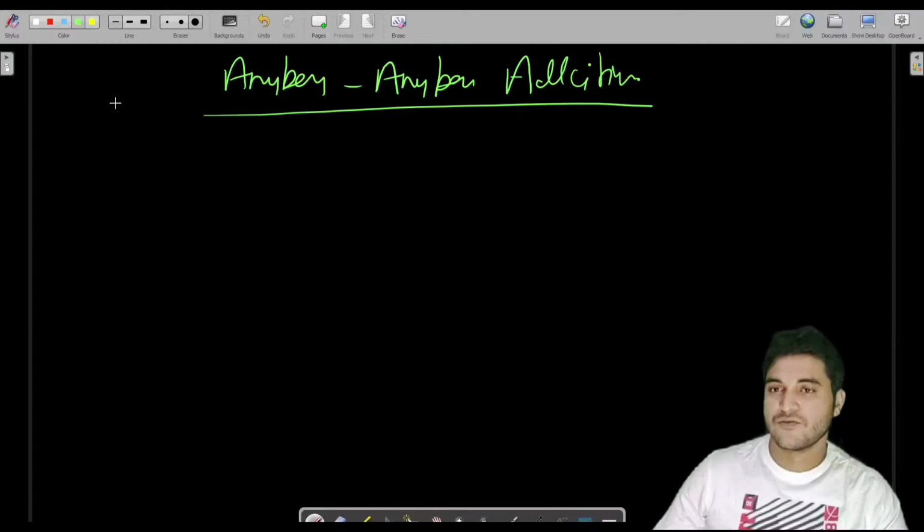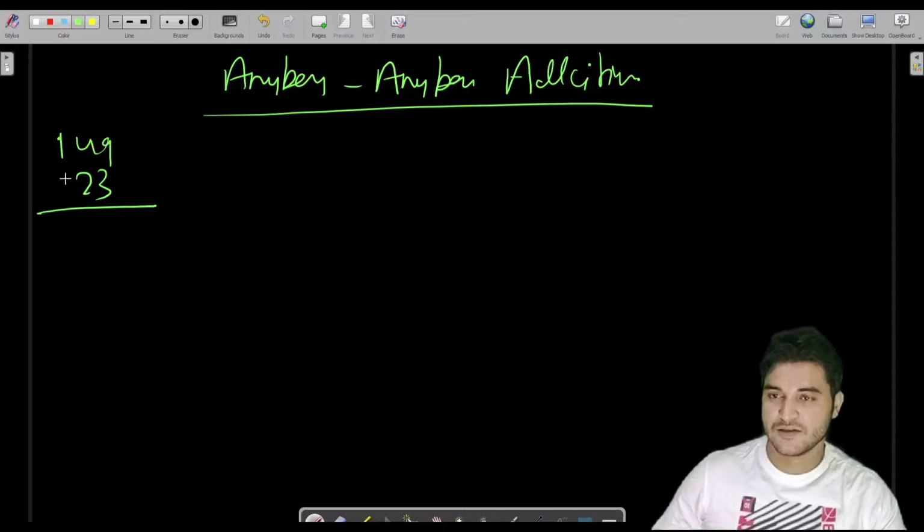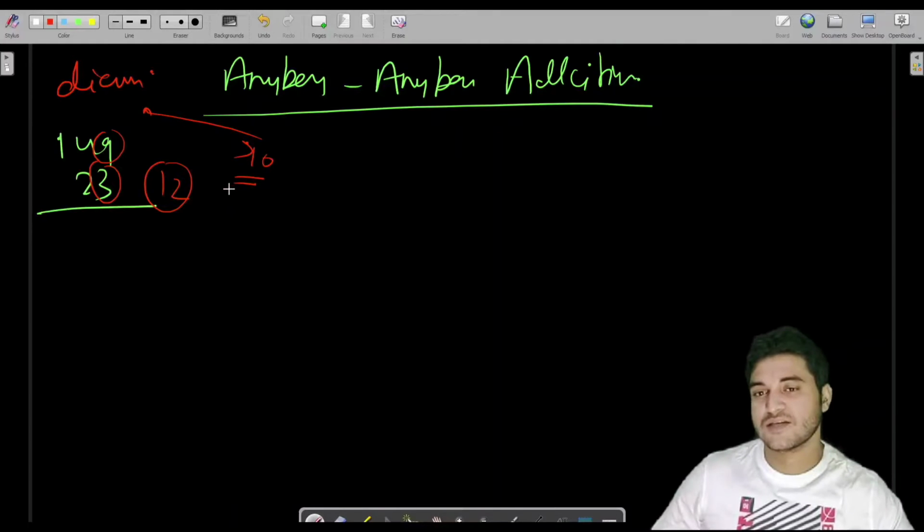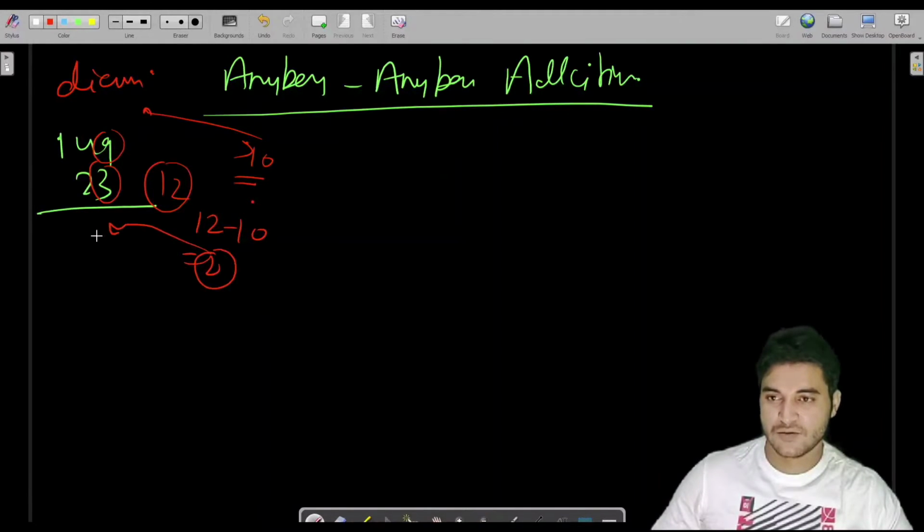Fine. So while we were adding two decimal numbers, 1249 and 23, let's say, how would we add 9 plus 3? We used to take the last two digits and get 12. So we used to check whether this 12 is greater than 10 in the case of decimal. Why 10? Because we were adding two decimal numbers, and the base for decimal is 10. So if it is greater than 10, then we just subtract the base from the result. So 12 minus 10 is 2.